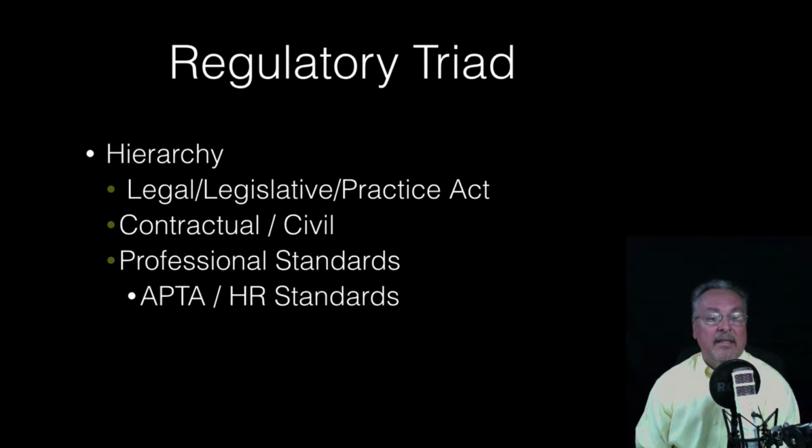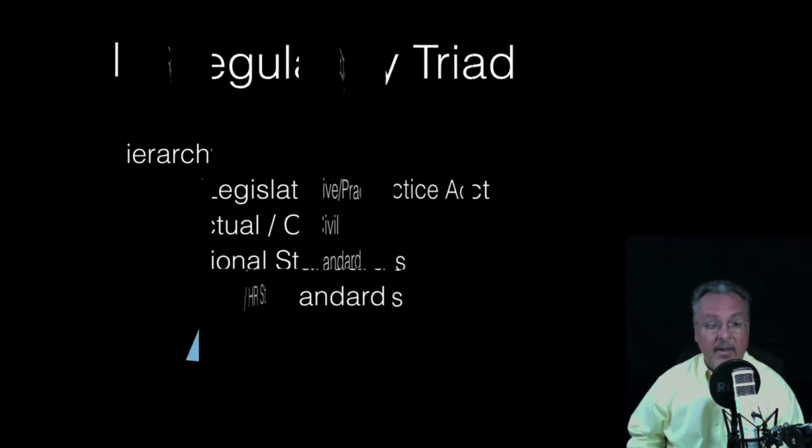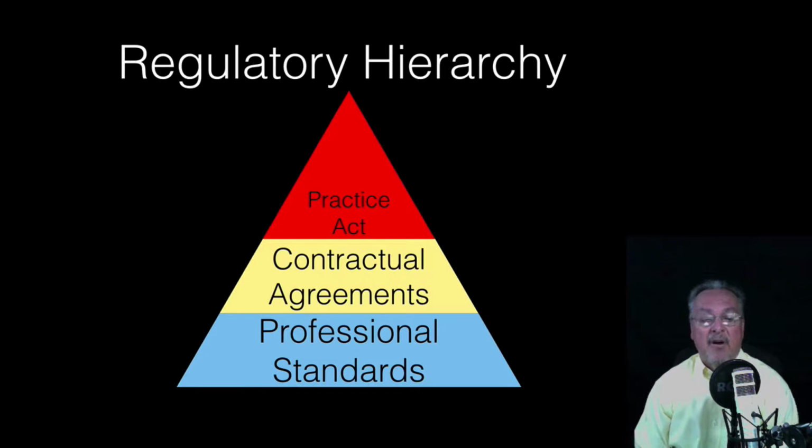Having said that, let's look at something called the regulatory triad. The regulatory triad is a hierarchy of systems that affect us and impose upon us requirements for the manner in which we practice. There are legal, legislative, and practice act issues. There are contractual and civil issues, and there are professional standards and organizational standards that affect us. Looking at those in a hierarchy,